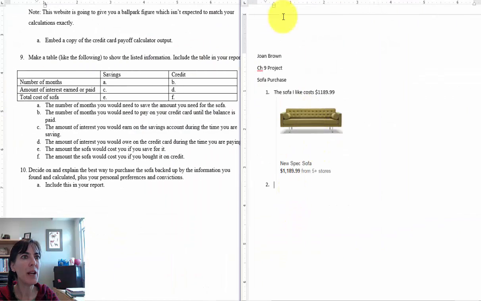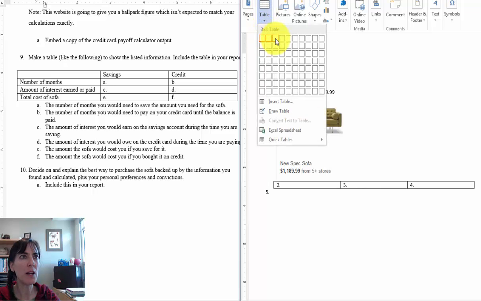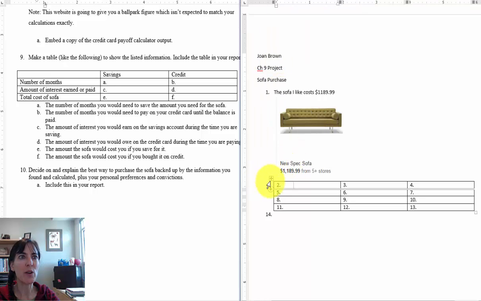There we go. And so here, when I'm inserting a table, I need 1, 2, 3 columns and 4 rows. So you can just click there and do 3 columns, 4 rows, and it shows you at the top, so you don't actually have to count. Do you see that 3 by 4 up there? And it also shows you here. So I just click,